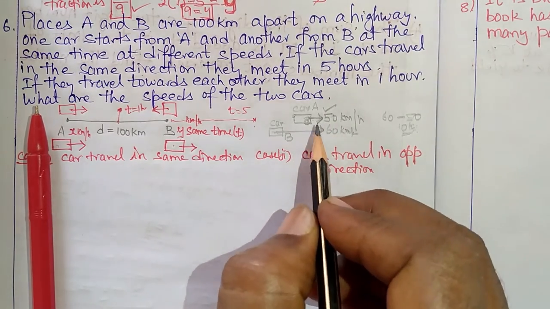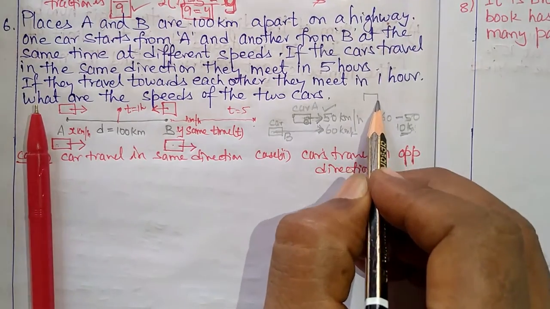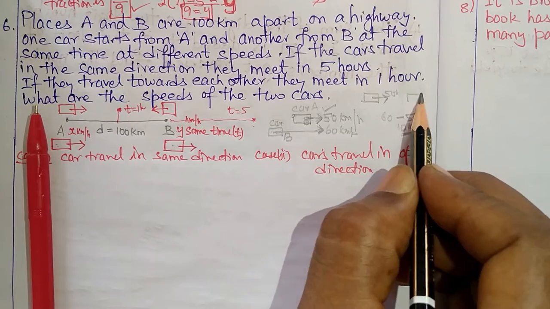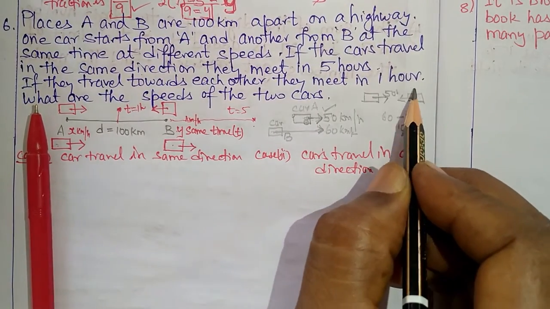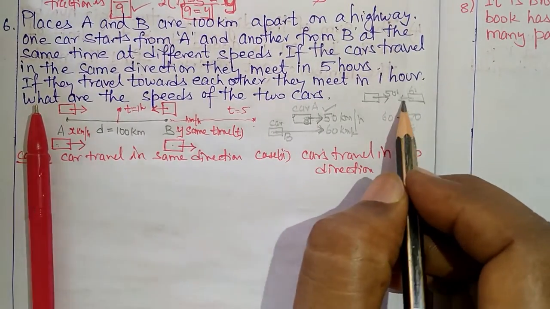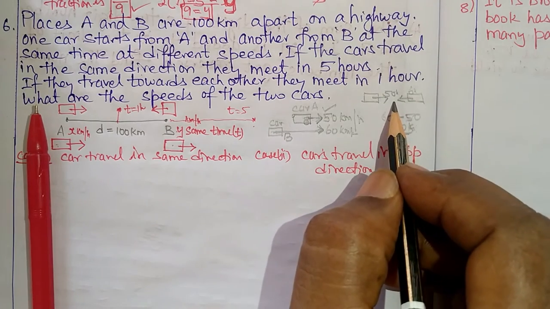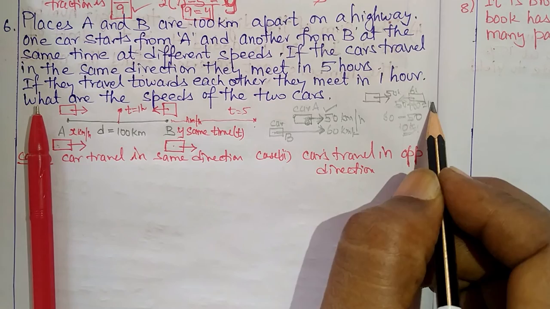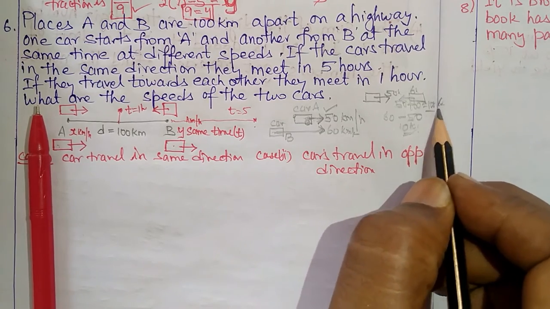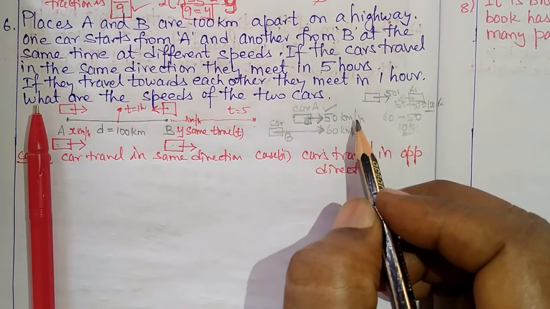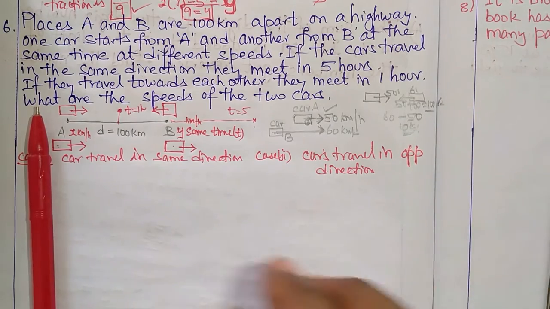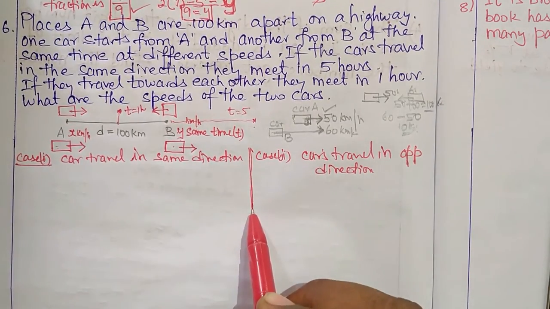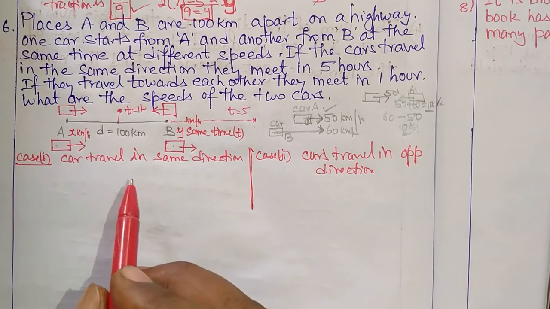Now if both of them are traveling in opposite directions, if car A is traveling with 50 kilometers per hour and car B is traveling with 60 kilometers per hour in the opposite direction, then what will be the relative speed? We must add 50 plus 60, it will be 110 kilometers per hour. So this is an example I have taken from physics. Now I will use the concept of relative speed here. So we know, what is the formula for speed?